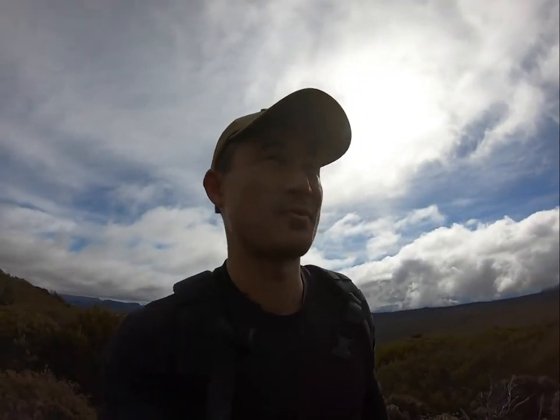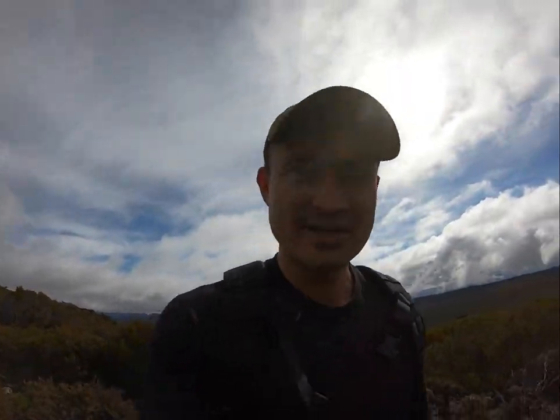Despite missing the Whitelys Hut turn off and bush bashing a lot earlier than I wanted to and needed to, so I'm making this trip way longer than it needs to be. I'm nearly there, so I have to get up here, this swamp scrub, and it should be pretty much done. So up towards there,